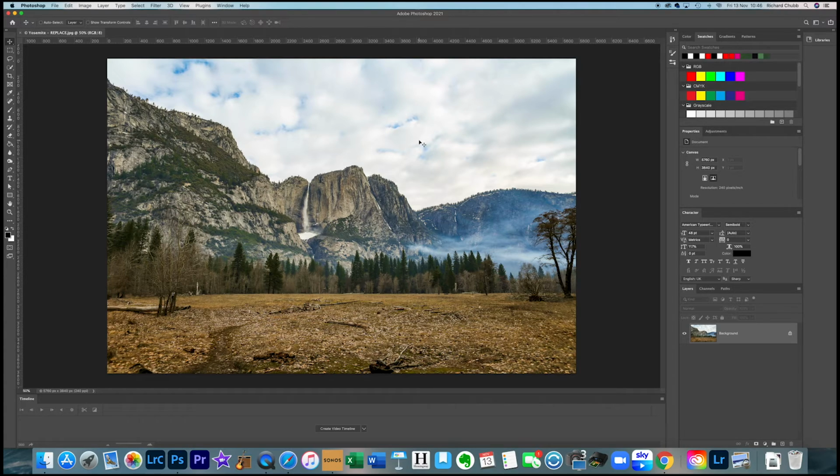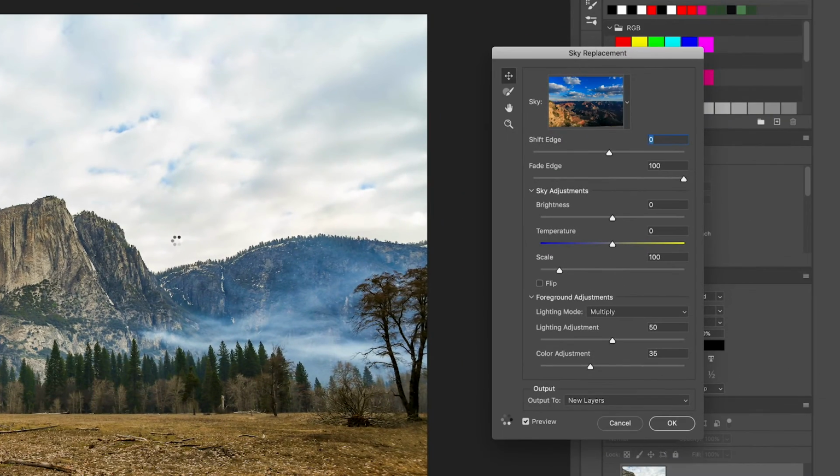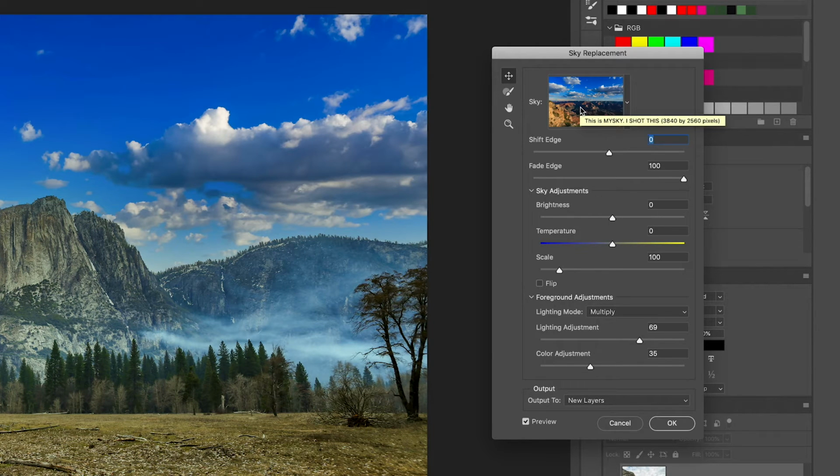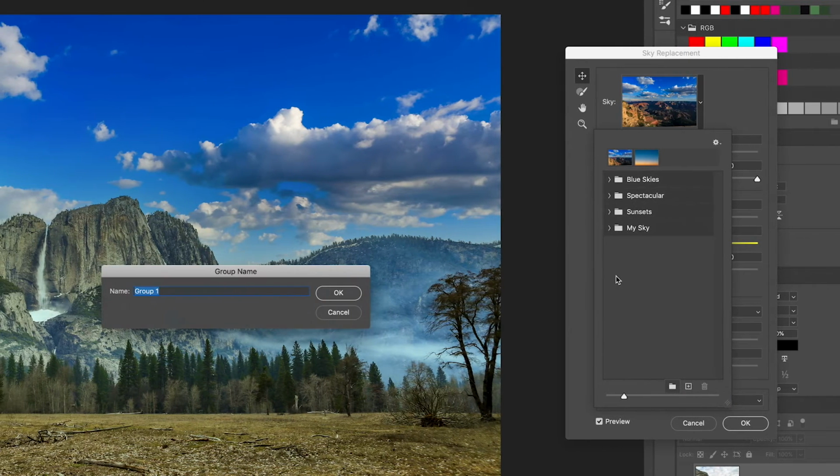So once we've got that open in Photoshop, it is just a case of clicking on Edit, Sky Replacement. It will automatically apply the last sky that you were on, which happens to be one of mine anyway. But we are now going to add a couple more skies into the My Sky folder. So you can set up your own folders here. All you need to do is click on this icon down here, which gives you a new group, and you can call the group